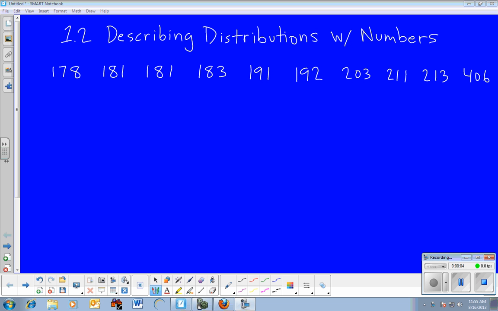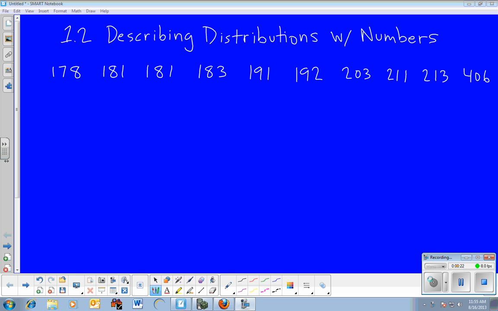Okay, guys, today we are going to be getting into section 1.2. In 1.1, we were talking about ways to visually put numbers into a graph and different kinds of data and how a certain graph would be beneficial at a certain time. Now we're going to talk about all of the numerical things we can say about a distribution, about a set